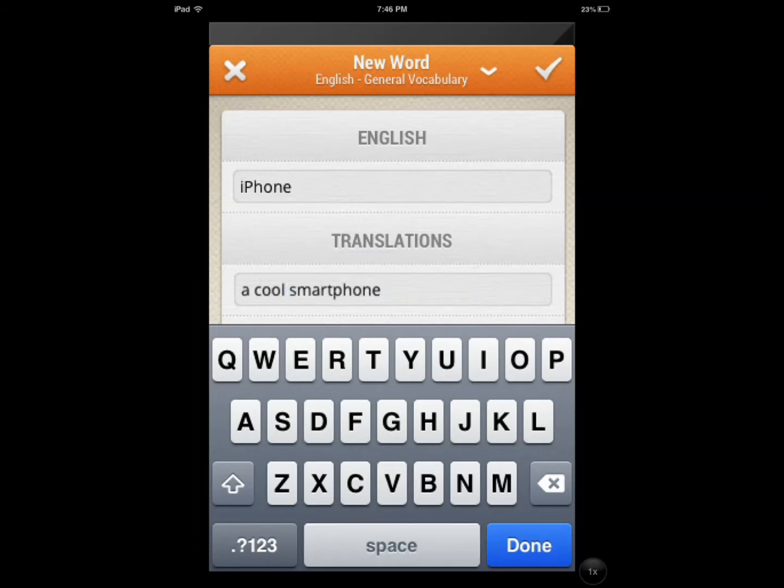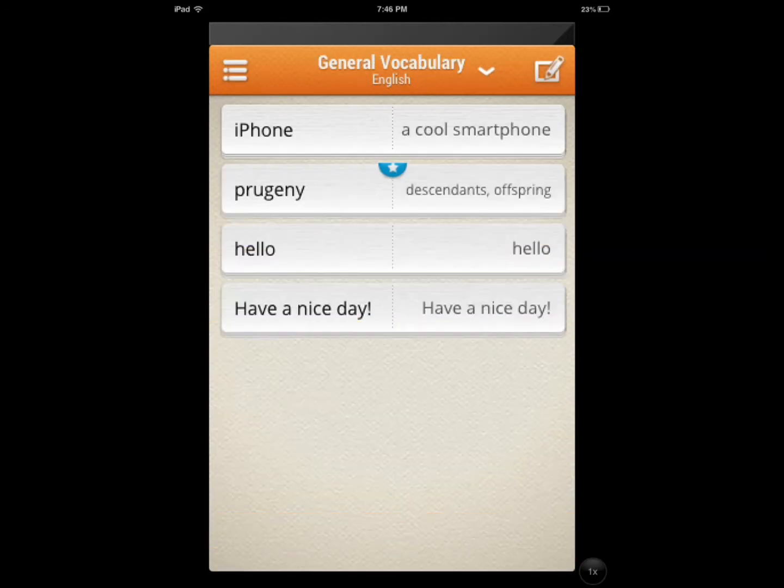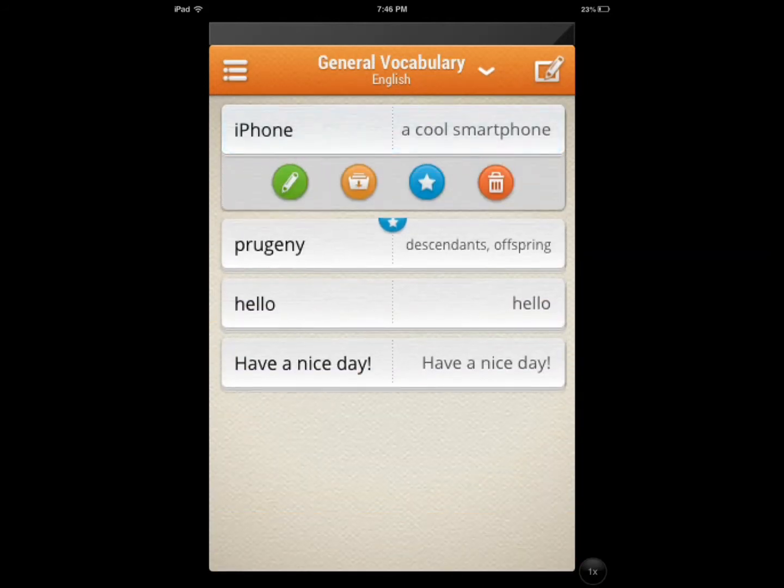I'm sure they're not going to ask you what iPhone means in another language. I'm sure they use the same word in most languages. At least that's what I've heard. In Persian, in Japanese, I know. But anyway, you add your definition, and it's going to get there,